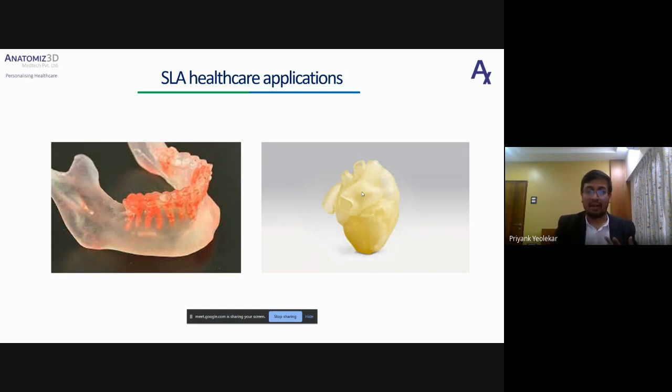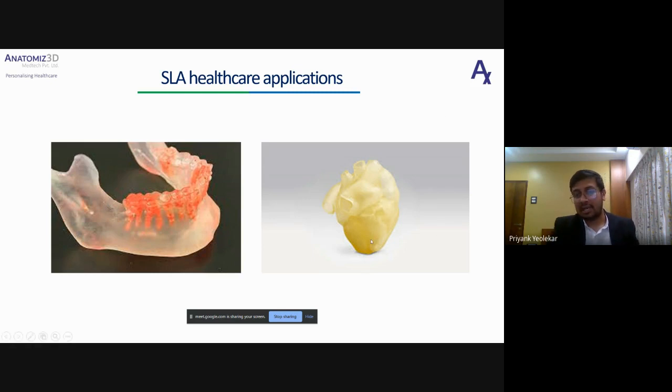The main advantage of that material is that it is an autoclavable and biocompatible material. Because the guide will sit on the bone or any structure inside the body of the patient, it should be a biocompatible material. So in SLA you get those materials as well.